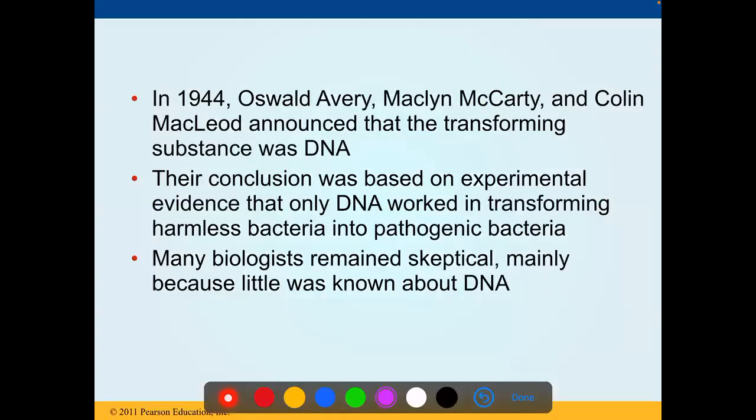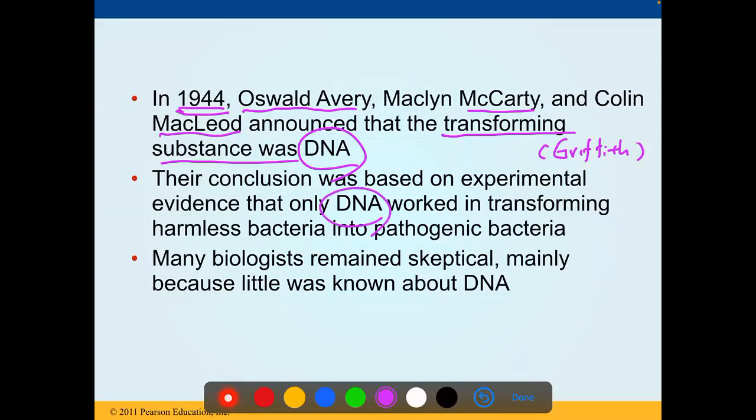Okay, and then I think a few years later, Oswald Avery, McCarthy, and MacLeod, these people announced that the transforming substance from Griffith's experiment is the DNA. So I think in the figure, they treat with different types of enzymes that kill only protein, or kill only DNA or something. And then they found that DNA is the one. So their conclusion is the DNA.